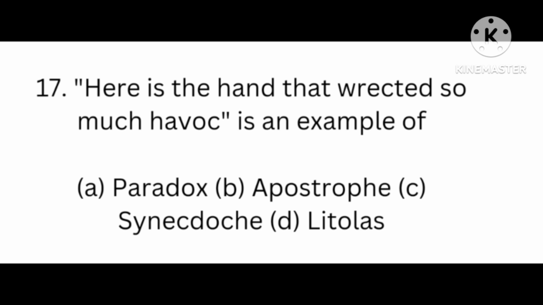The next option is apostrophe. Apostrophe is a situation in which someone talks to another who is not physically present, or even to an object which is incapable of listening. When you talk to someone that is not present as if that person is present, or to an object as if it can hear what you are saying, we call it apostrophe in literature. Apostrophe is usually recognized through the use of exclamations like oh, you, and so on. An example of apostrophe is, oh you death, why have you done this to me?